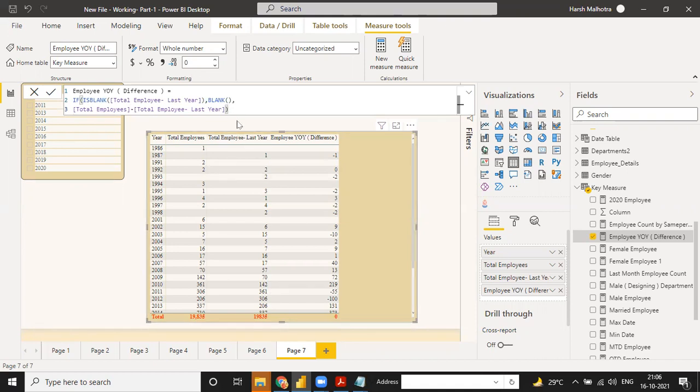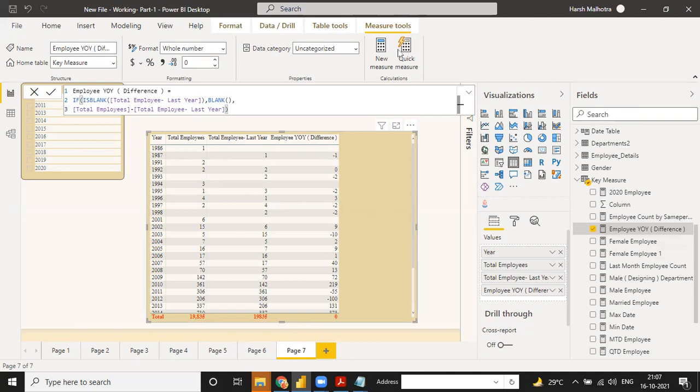And why do I need this? Because I have been working in YOY for the last 2.5 years, so this function is not important. YOY is important, but this function, current year minus previous year, is important only when you have both current year and previous year data. Okay, so same way YOY is there, and now I need one more simple function.